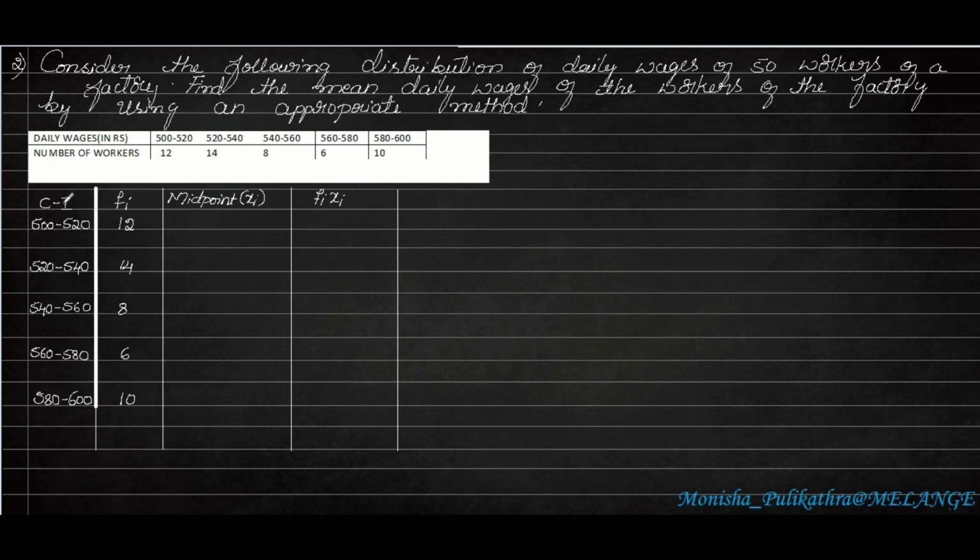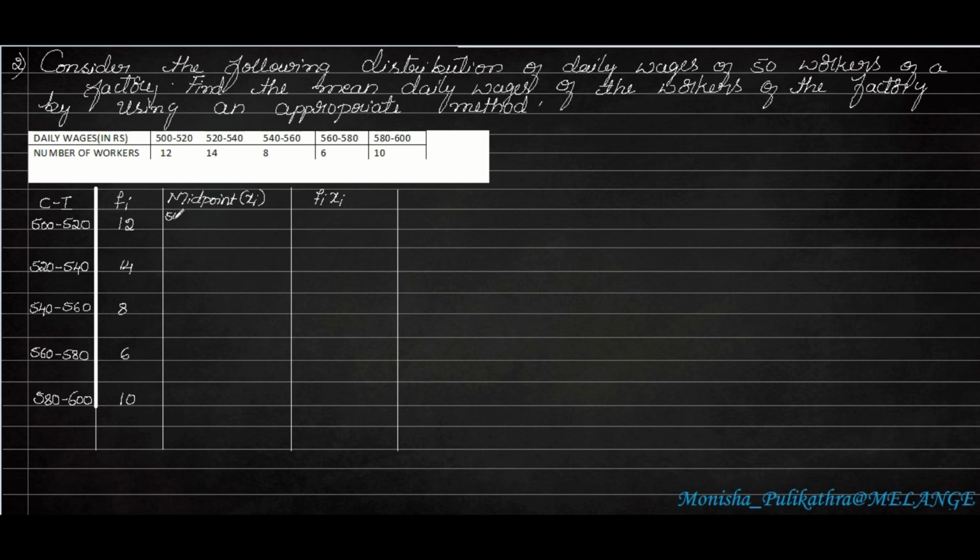Okay. So here CI, class interval, will be the first line, whatever they have given as the daily wages, and the next one, the number of workers, is the frequency. Next, we use the direct method. This is what you have to do in the exam. There are two other methods which have been deleted. In the direct method, the third column is xi, that is the midpoint, and the fourth column is fi into xi. We find xi by adding the upper limit and lower limit and dividing by 2.